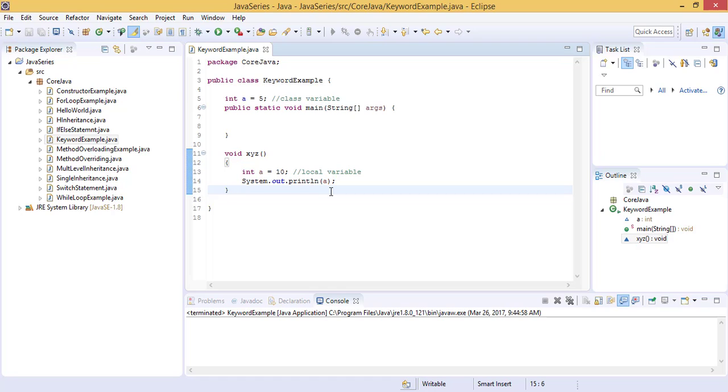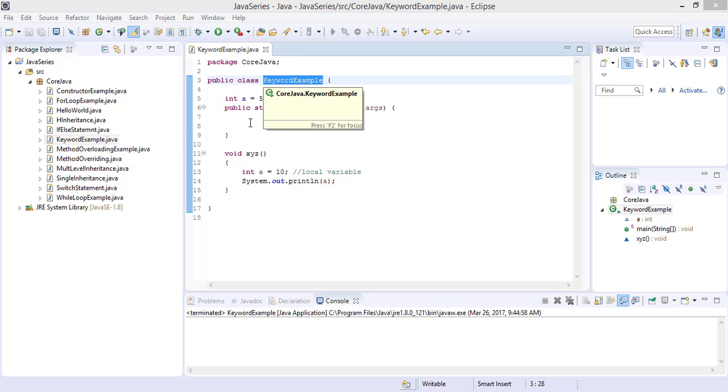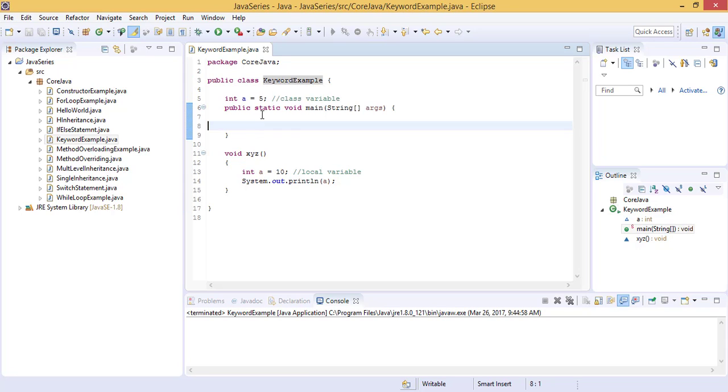As you can see, we are not getting anything right now. Why? Because we have not created any object of our class. So first of all, we'll create an object of our class. My object name will be ke.